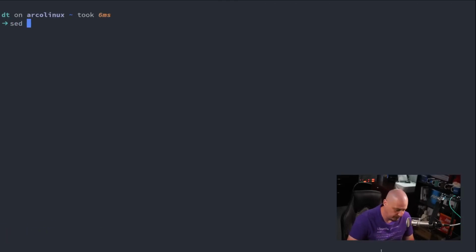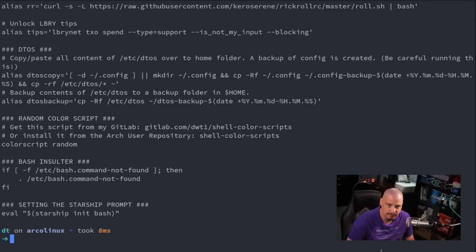Another powerful shell utility is the sed command. Sed is typically used for substitutions, and it's usually done in this form: sed, and then inside single quotes, s/ and then some string / and then some other string /g. And this is the string you're searching for, and this is the string that is replacing it, right? So if I wanted to search for Derek and replace it with Bobby, on my .bashrc,